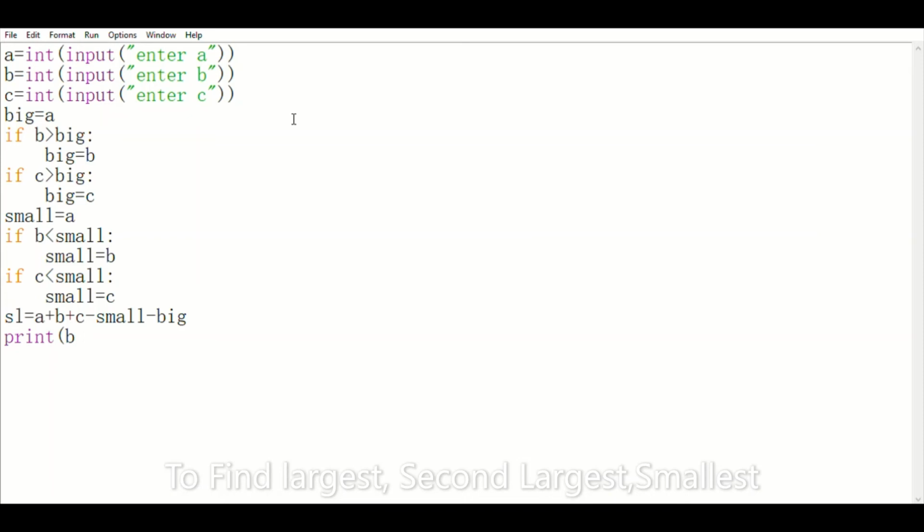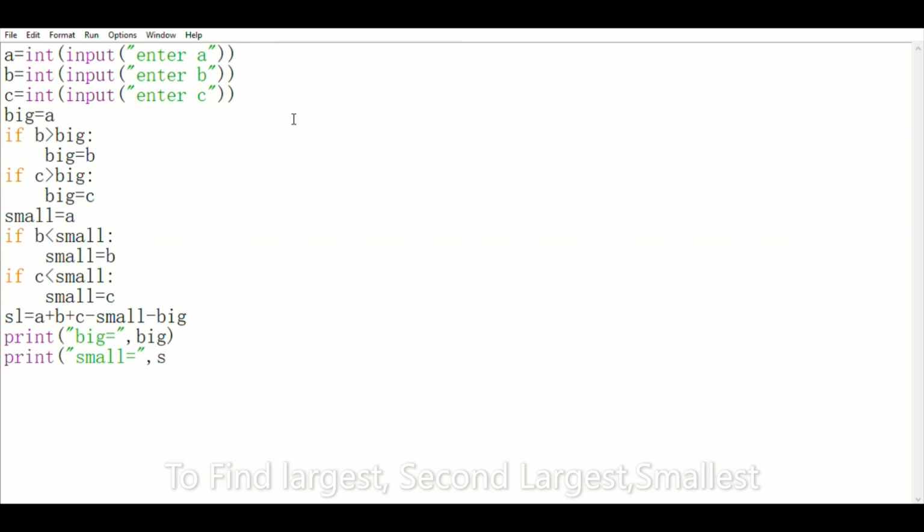Now we'll just print them. For printing we use the function print, and first let me print big, followed by small and second largest. For printing, in double quotes I'll write big equal to. Whatever is in double quotes will be printed the same as it is, followed by a comma. If I mention big, the value of big will be printed. From the above equations where I have solved for big, whatever is the biggest value of the three, big will be printed.